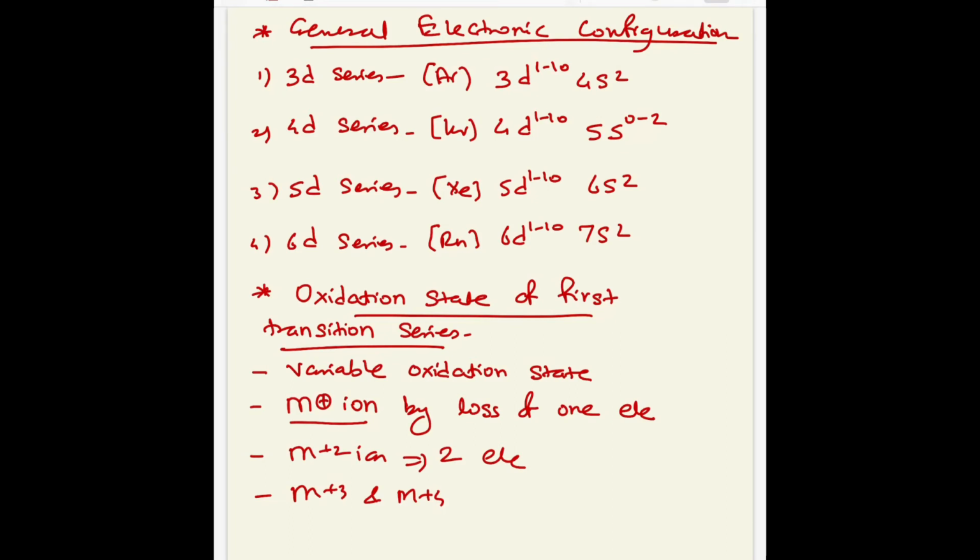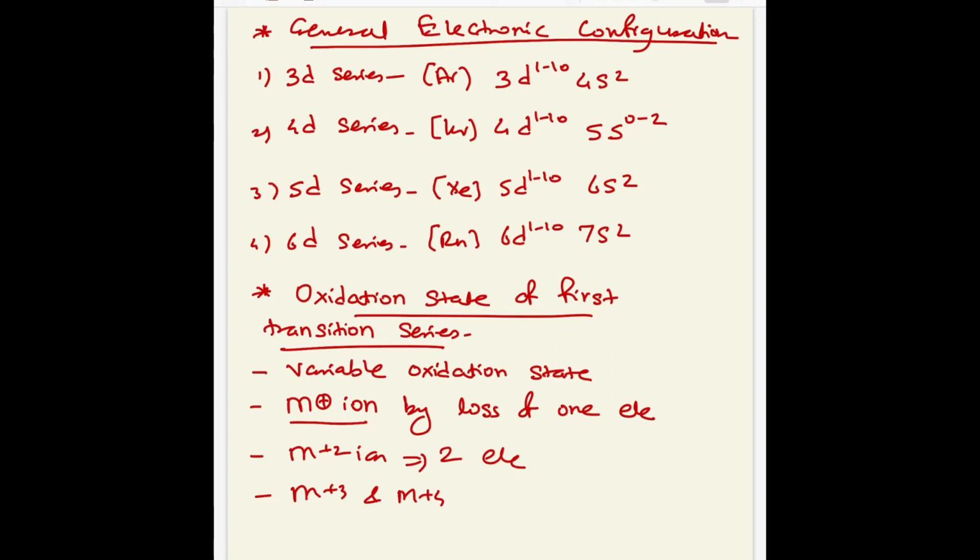So if it loses electrons, the number of unpaired electrons in the 3d orbital increases and the number of oxidation states also increases. Scandium has only one unpaired electron, so it shows only 2 oxidation states, while manganese has 5 unpaired electrons, so it shows 6 different oxidation states, that is from plus 2 to plus 7. So greater the number of oxidation states